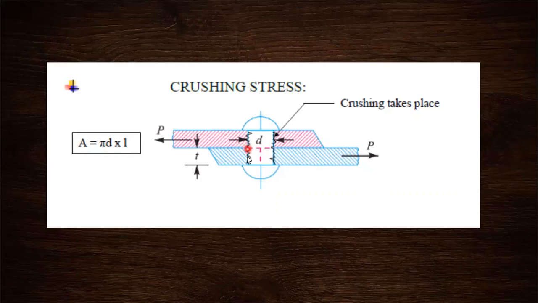It's shown here, right? The rivets will be broken here, or sometimes they will be crushed. We can't always say that rivets are broken. Sometimes the rivets are crushed, and this crushing will be taking place at this point. Actually, it is a localized stress acting on a member irrespective of the type of loading.